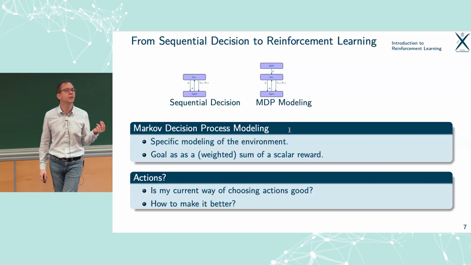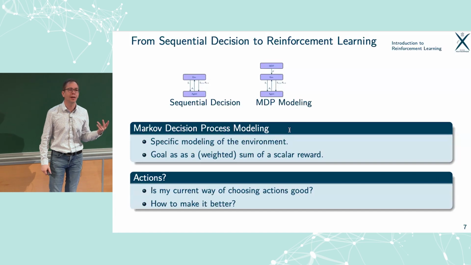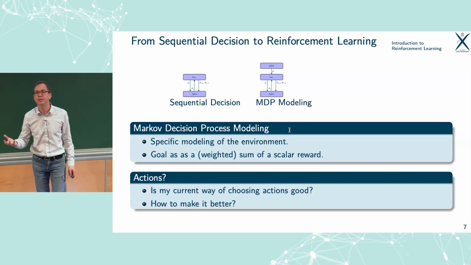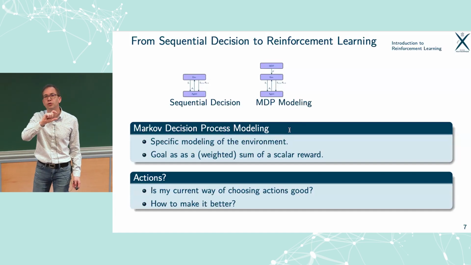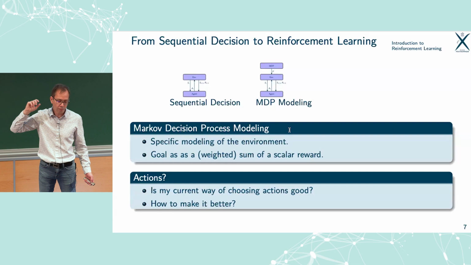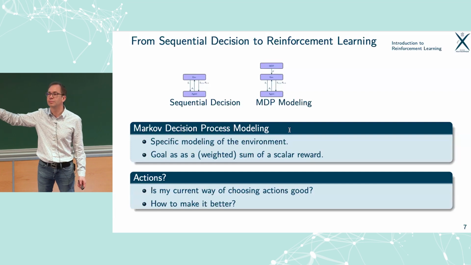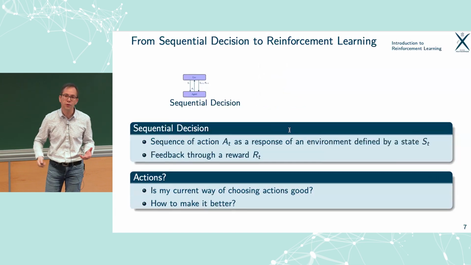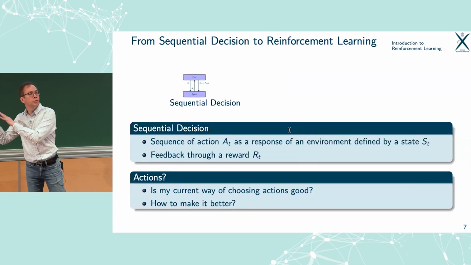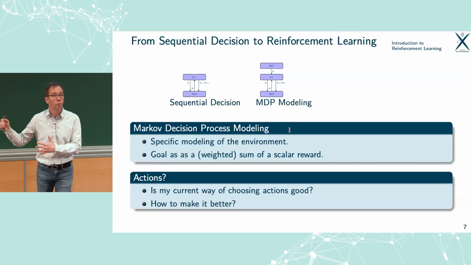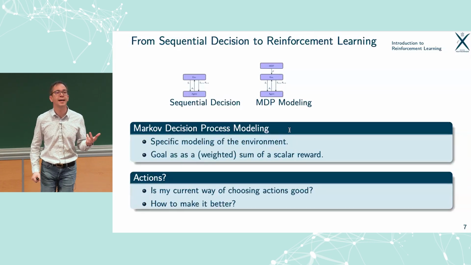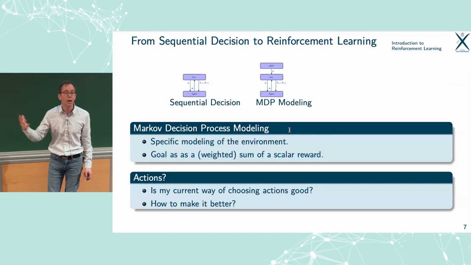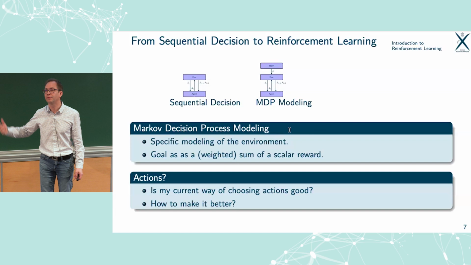And what I've mentioned is that we've got a feedback through a scalar. Here I'm going to be much more explicit. The way I'm going to assess the quality of my decisions is going to be through the sum of those rewards. So we had something which was not very specific, and here we're going to be very specific. Still have the same question. Can I assess the quality of a policy, a way of choosing the action, and can I make it better, and define the optimal one.